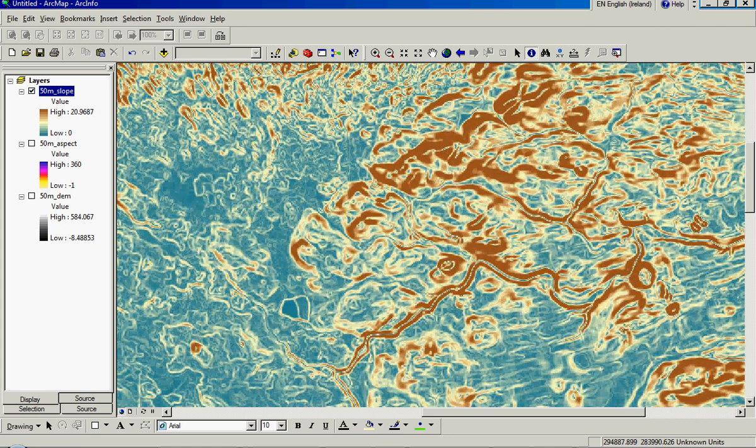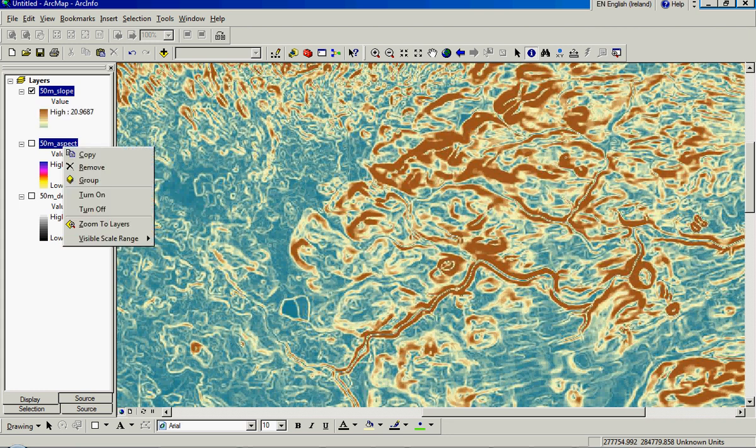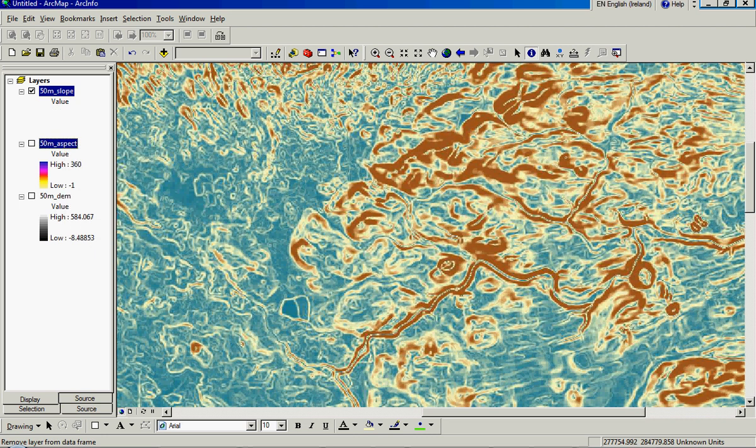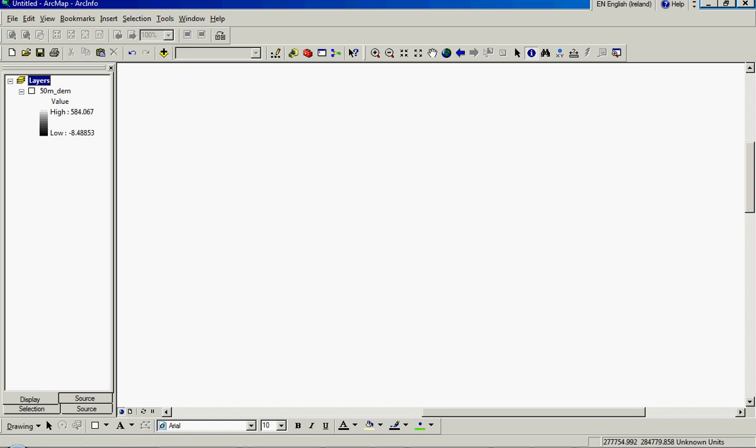I've also showed you how we alter the symbology of aspect. What I'm going to do now is remove both those data sets. We remove data sets by highlighting them and then clicking remove. This doesn't delete them, it just removes them from the digital elevation model. We can turn this digital elevation model back on,